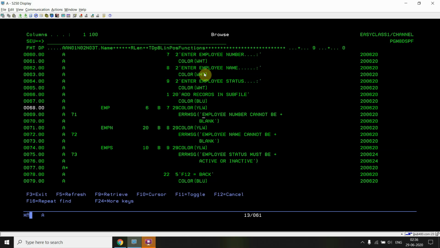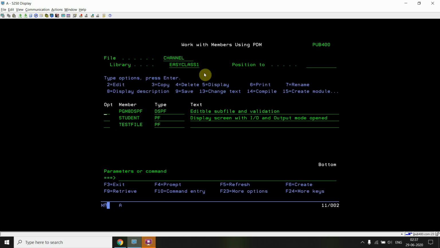I just used the error message keyword with them. In case indicator 71 gets on, meaning any validation fails for this field, then we will be setting this 71 to on. Once 71 gets on, it will display this message on the display file screen. Okay, so based on the indicators, it will show the respective message.